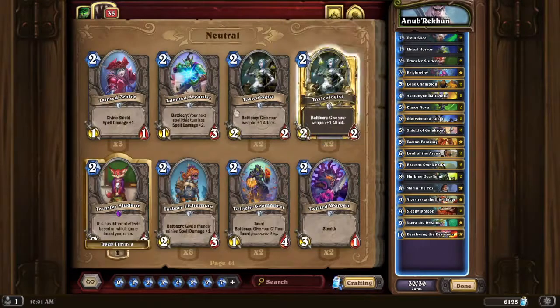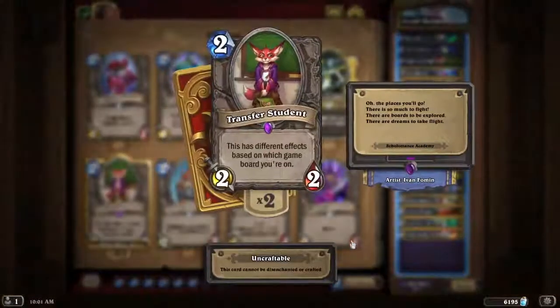Transfer Student. That is from Scholomance Academy, but you automatically get one when you obtain your first pack and go to the deck menu, open pack menu. So everyone has 2 of these. If you don't, just spend 100 gold from your daily quests on Scholomance Academy, and you're guaranteed to get 2